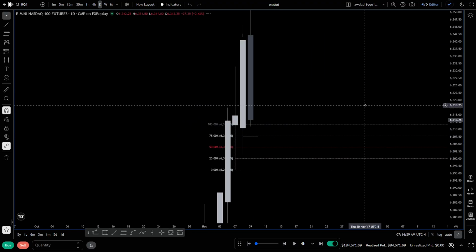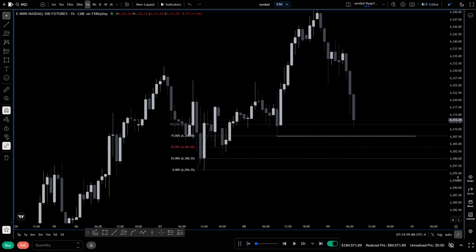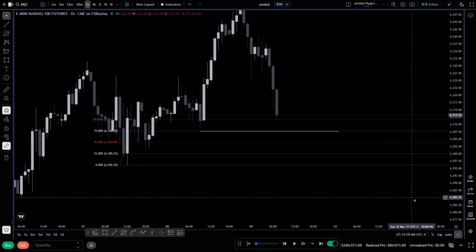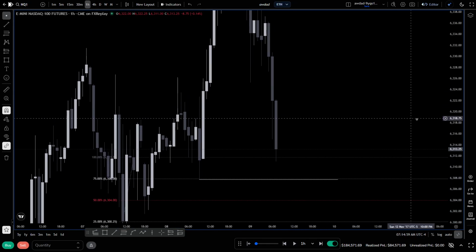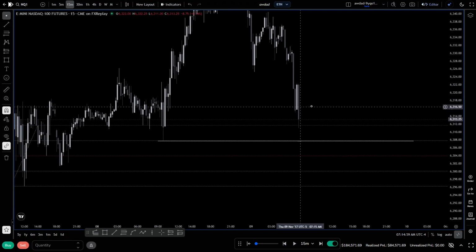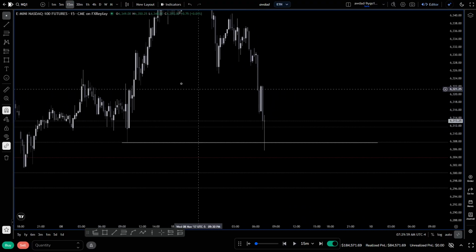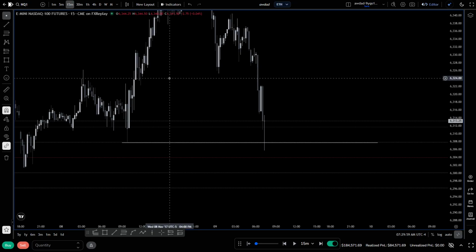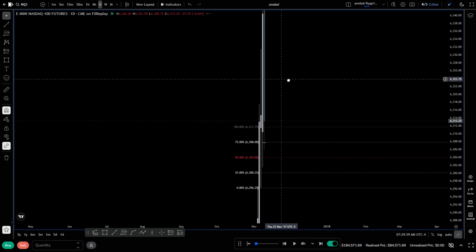Let's see what else. The daily's still bullish, but intraday we're going to be taking shorts. Why are we going to be taking shorts? Because the hourly just got ran through. We're all 1 minute traders. So where's the lows at? Right here. So that's the first one. All right. Do we know if this is a liquidity sweep yet? No, we don't. We could just take that.